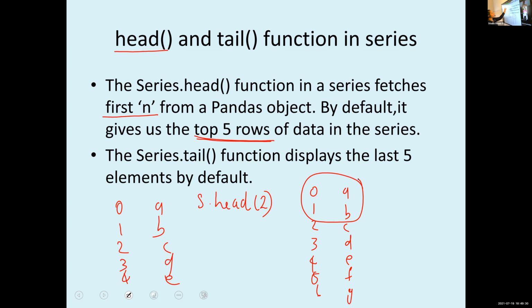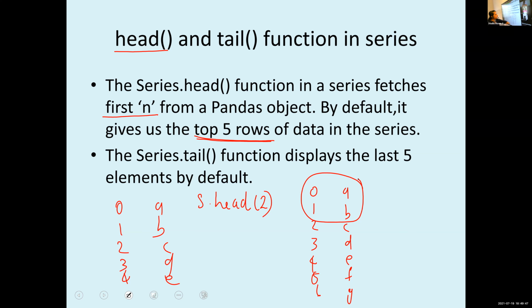So head is a function to display the rows from the first position, from top to bottom. Tail is used to represent the rows from bottom to top. Head is from top to bottom.